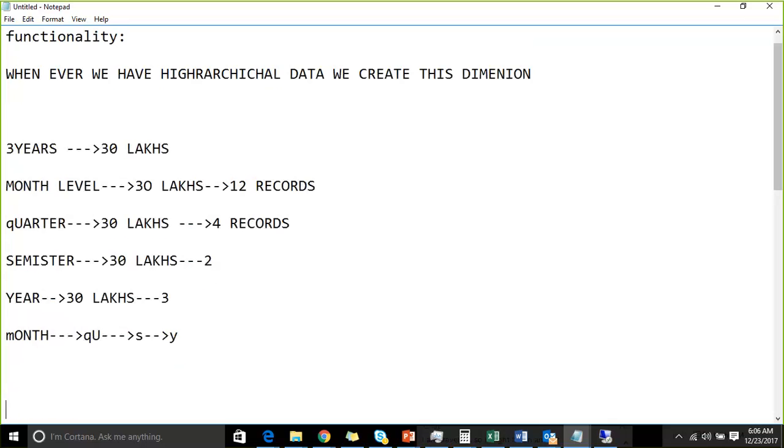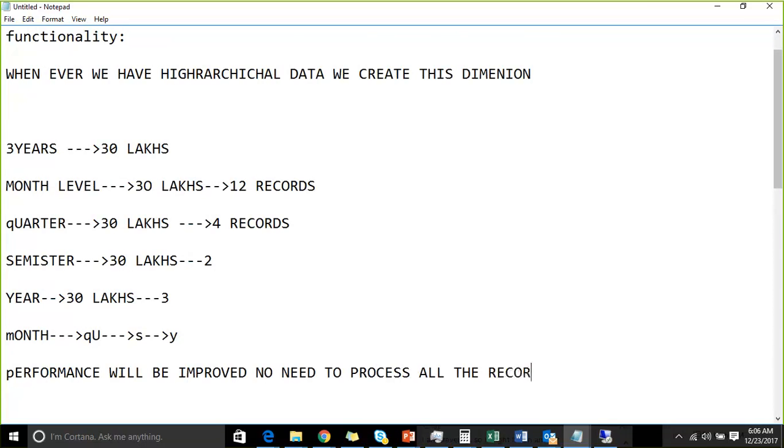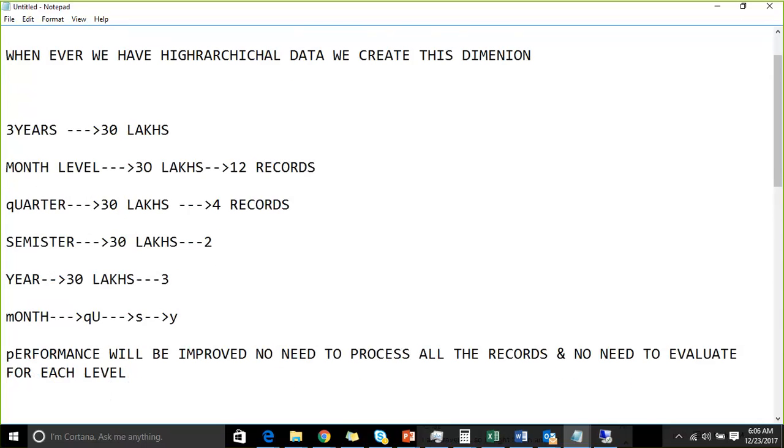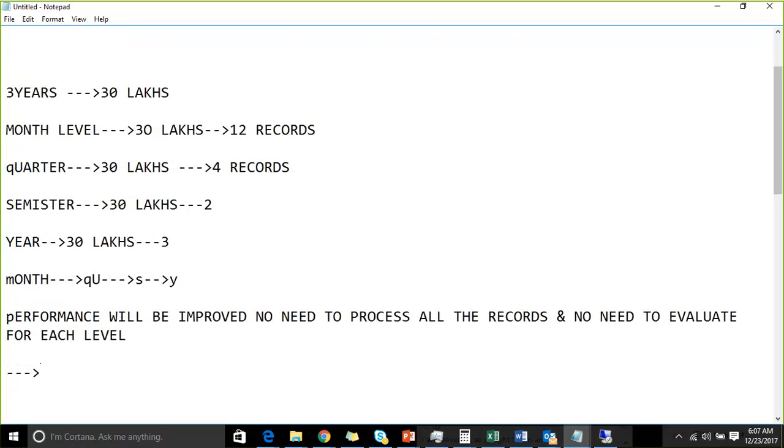And so performance will be improved. No need to process all the records, no need to evaluate for each level. Then you have one requirement, that I need to display